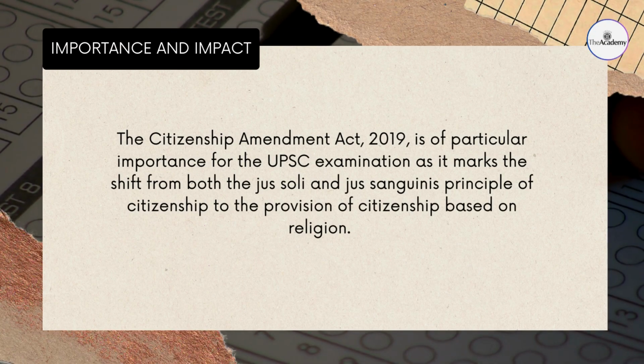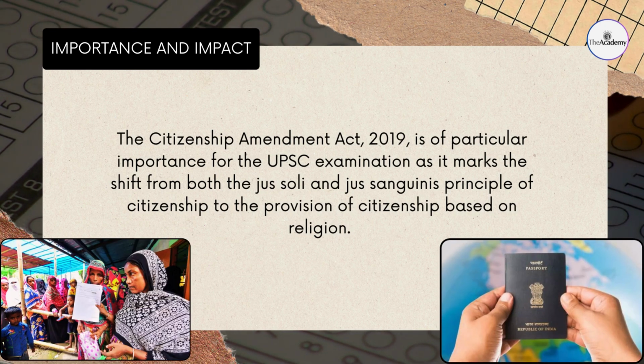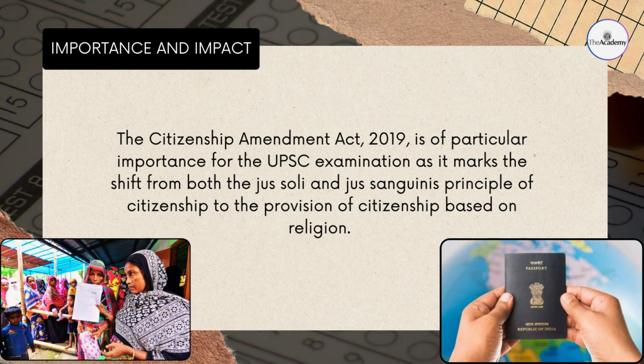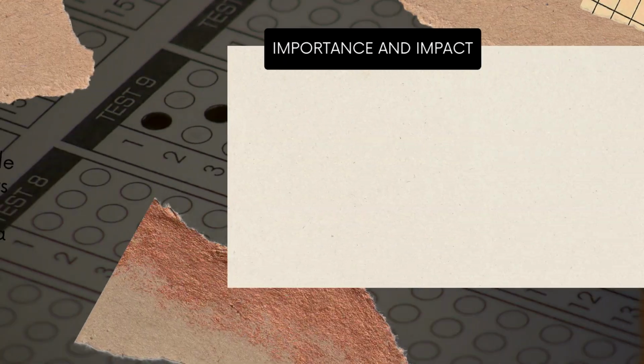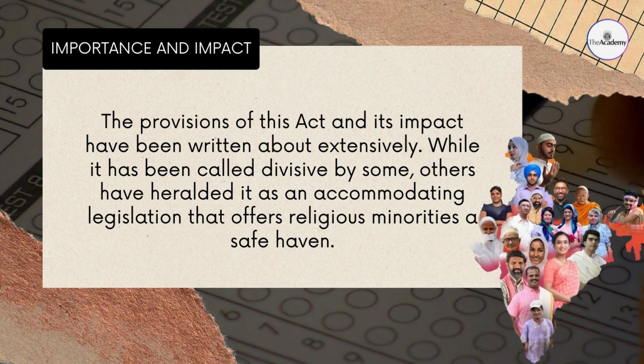The Citizenship Amendment Act 2019 is particularly important because it marks the shift from both jus soli and jus sanguinis principles of citizenship to the provision of citizenship based on religion. The provisions of this act and its impact have been written about extensively. While it has been called divisive by some, others have heralded it as an accommodating legislation that offers religious minorities